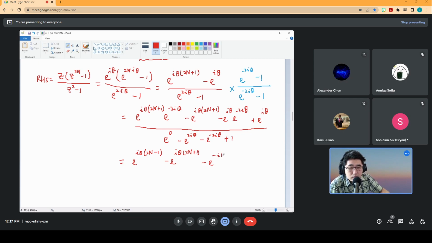Minus iθ. This is a 1, this is a 1. They are a total of 2. This one, if you write it back in the cos and sine form,